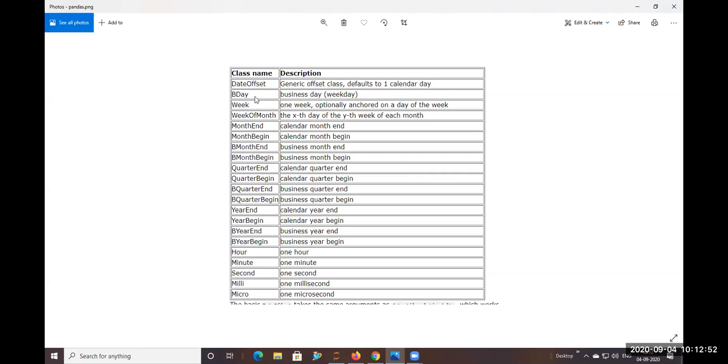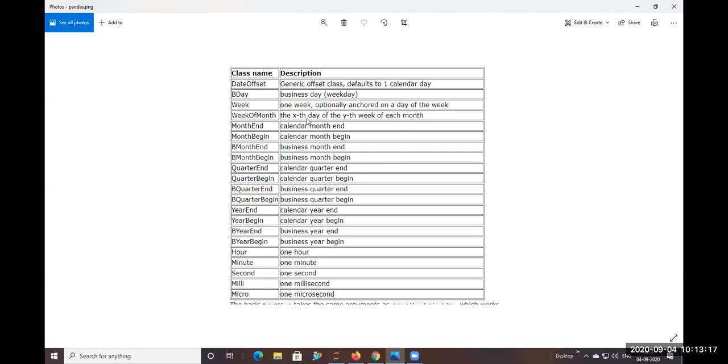One more thing you can see here is DateOffset. DateOffset is the generic offset class, defaulting to calendar one day, and BDA means business days or weekdays. Week means one week, optionally anchored on a day of the week.